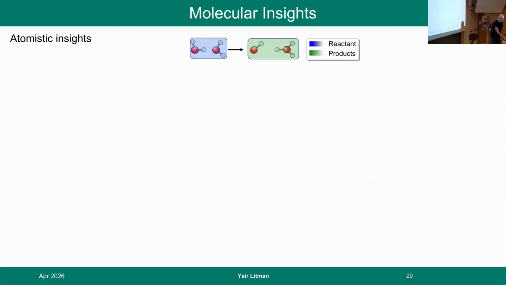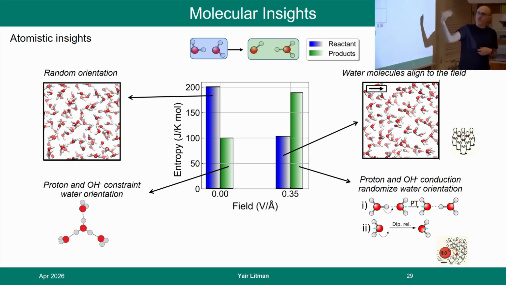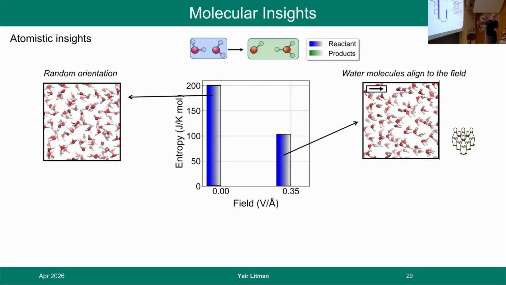So let me probably summarize this quickly in this figure. So I show you here the entropy. These are arbitrary values, so there is a shift, but all the theory is relevant, all the differences. So if we start with water, no field, we have random orientation. Let's pick a value of 200 kilojoule per mole. If we now think again of water, but with a large electric field, so this will be the reactant side, we have water alignment, and that reduces the